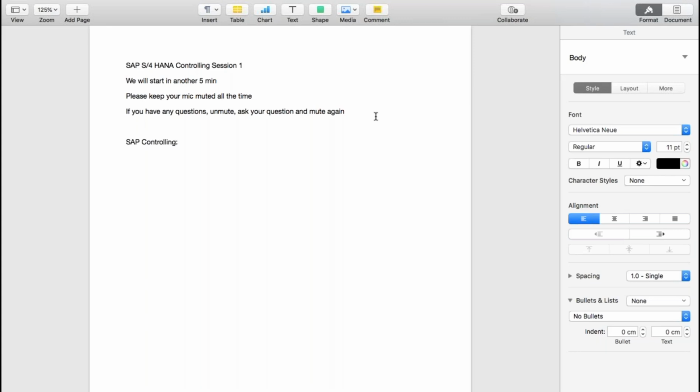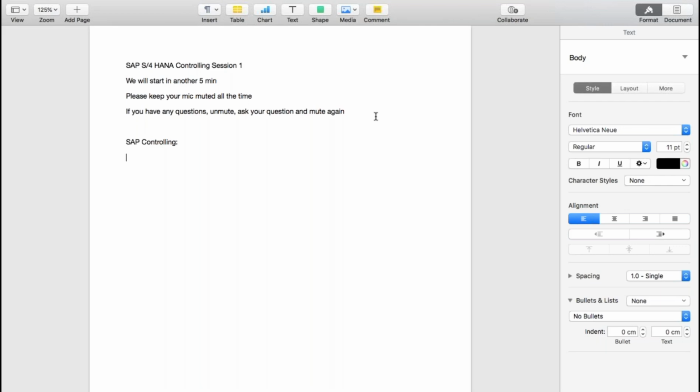What are the things that we are going to discuss in controlling? What exactly is the controlling module? What are the different topics that you know? These are the things that we are going to cover in controlling, and what are the different things which the organization would be able to use in the controlling module of SAP. So first is what is controlling, and then we will try to differentiate how controlling is different from normal financial accounting. Anyone, just keep it interactive. If you have any idea, just come out.